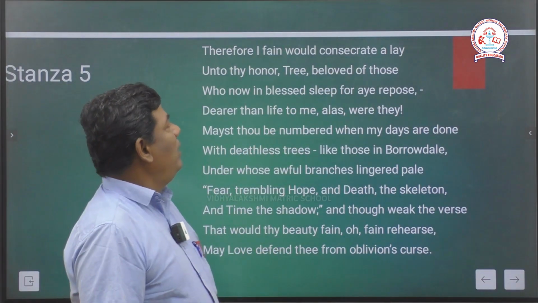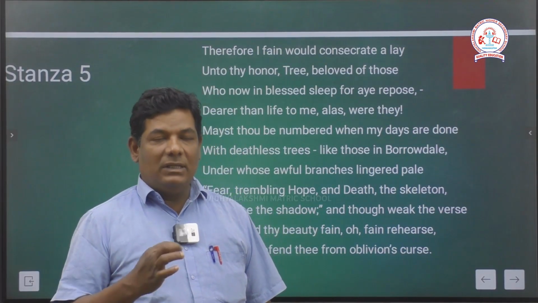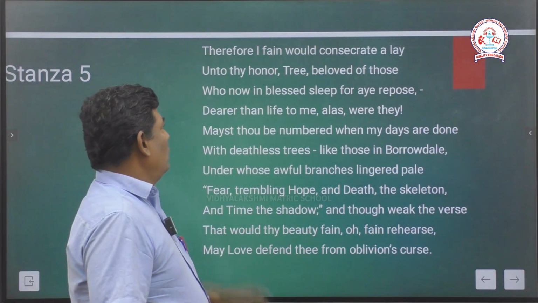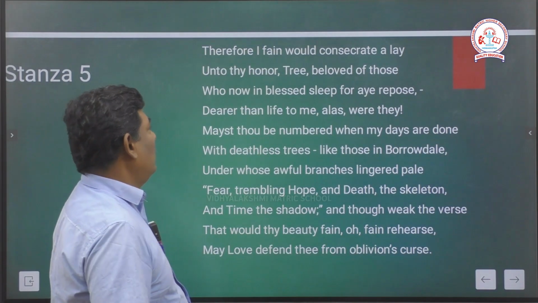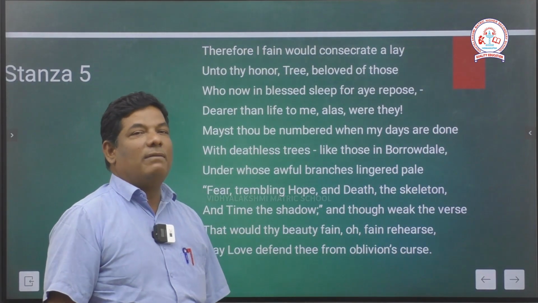Consecrating, meaning for consecrate is nothing but she is declaring this CASUARINA tree as a holy tree through her poem, unto thy honor. She is writing unto thy honor, the honor of the tree. Tree beloved of those, beloved, yeah,